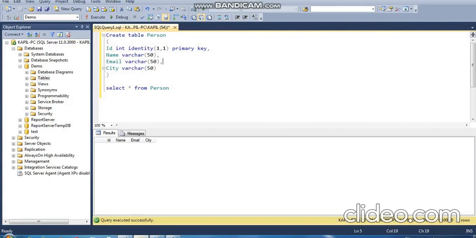So I will add person as my table name in values and put all variable names.